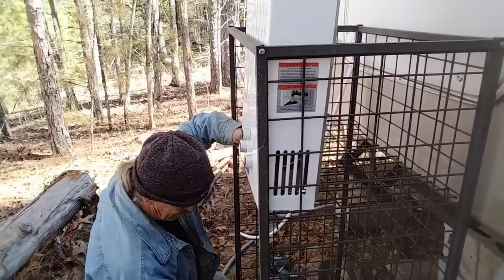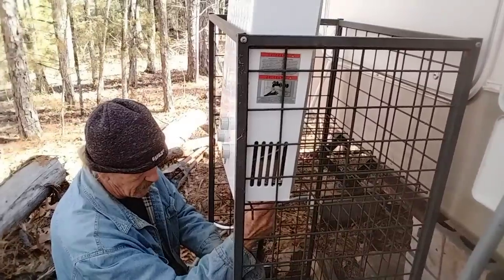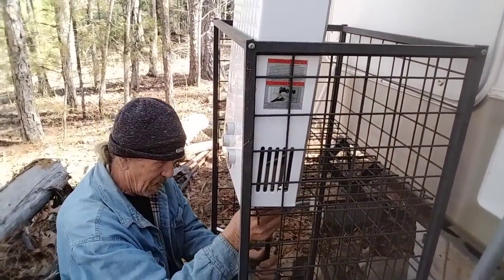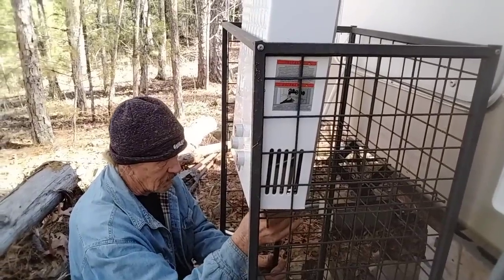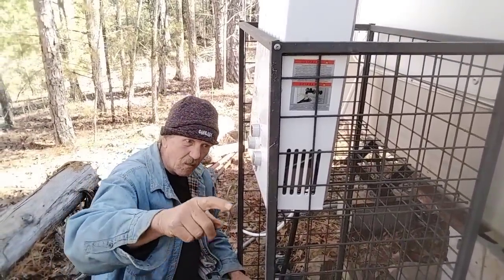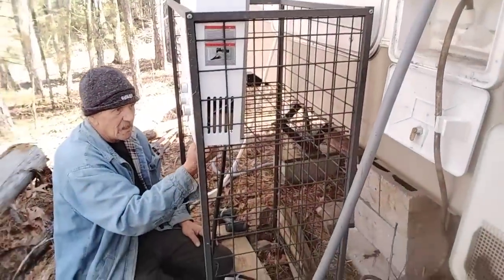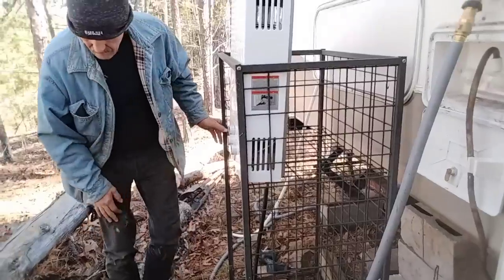So we're thinking this right here will work out just fine. We'll zip tie it up here or something, we'll mount it somehow up here. But this right here looks like it's going to work out fine. I can bring the water lines in from this side right here and up underneath here and connect them. And then I can go through,